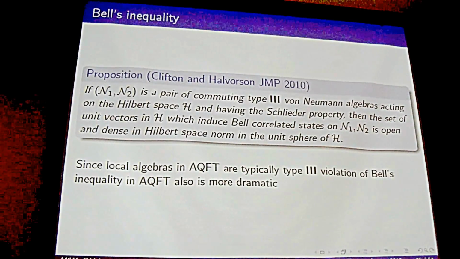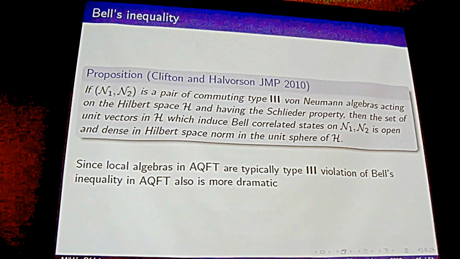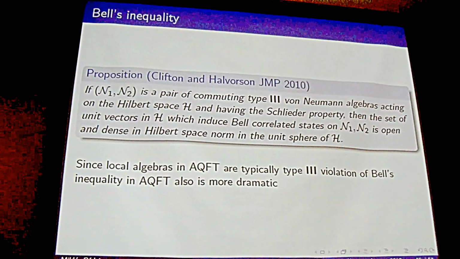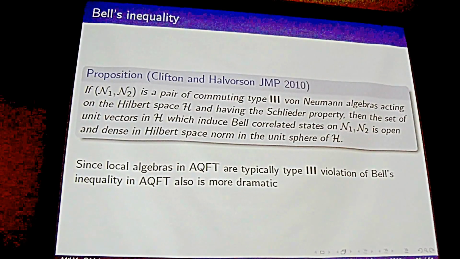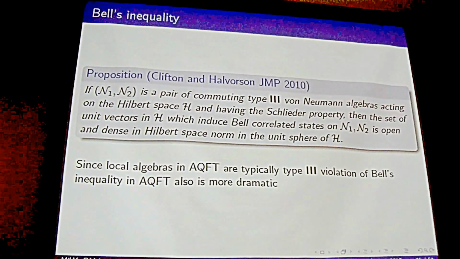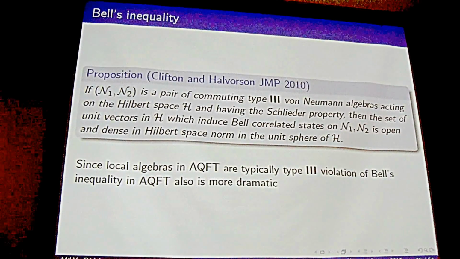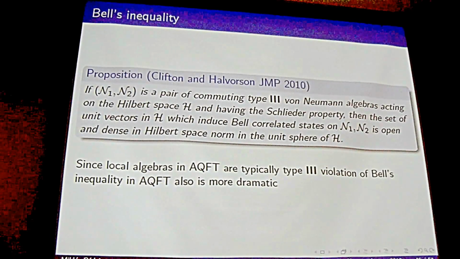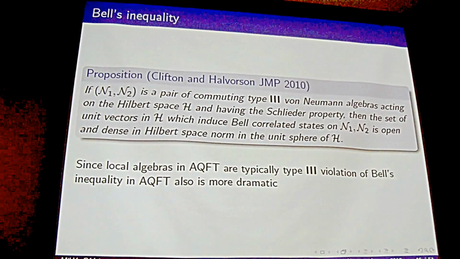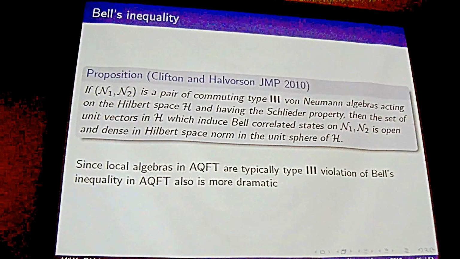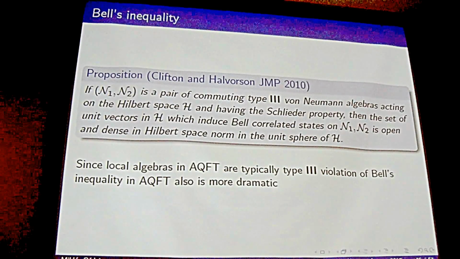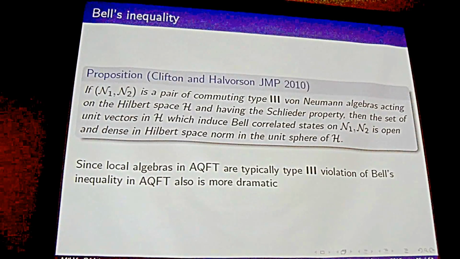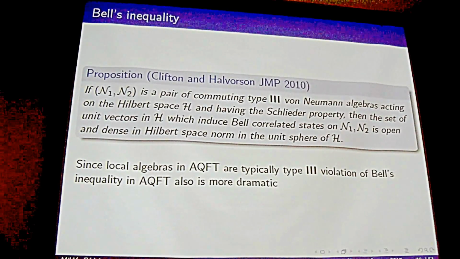Here's a proposition which was proved by Clifton and Halvorson in 2010. If you have two commuting type III von Neumann algebras which are assumed to be acting on a Hilbert space, and they have the Schlieder property, then the set of unit vectors in the Hilbert space which induce Bell-correlated states on the two von Neumann algebras is open and dense in the Hilbert space, not in the unit sphere of H. That is to say, there's an awful lot of states which violate Bell's inequality maximally if the algebras are type